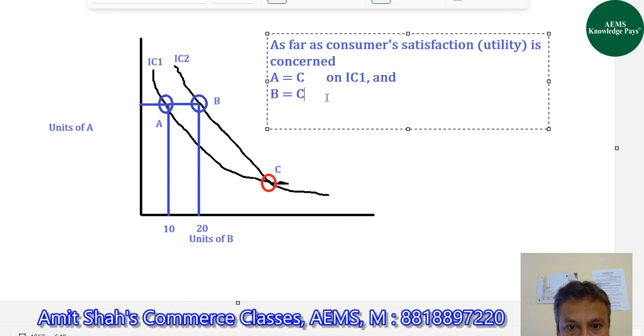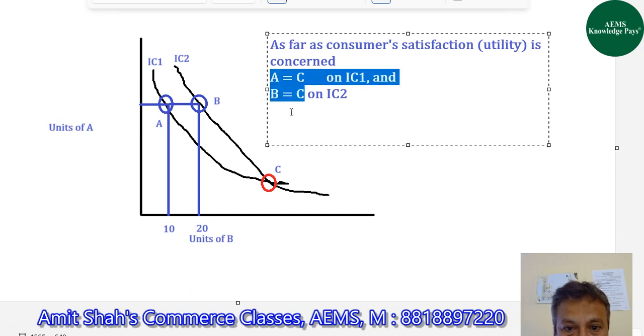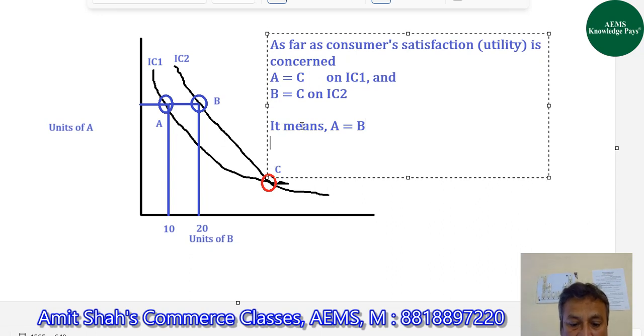And B is equal to C on IC2. Now here we have the common thing C. C is equal to A and C is equal to B. It means A must be equal to B, because C is equal to B and C is equal to A. It means A and B both are equal as far as the consumer's satisfaction or utility is concerned from these points, right? However, it is not possible